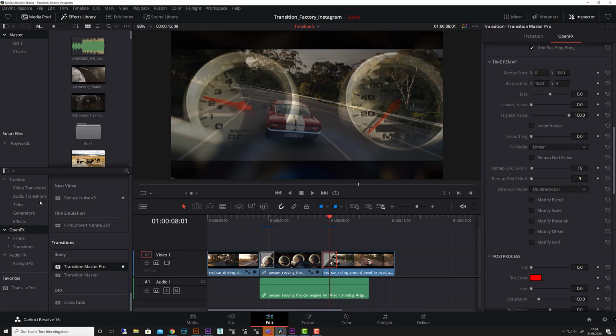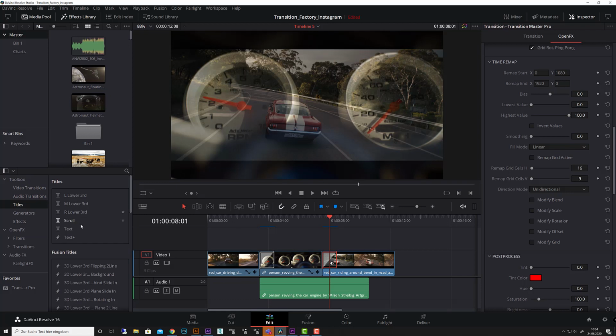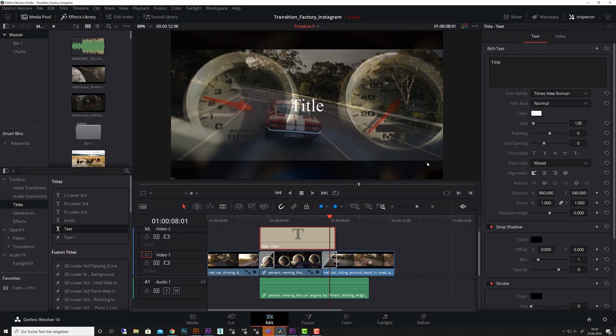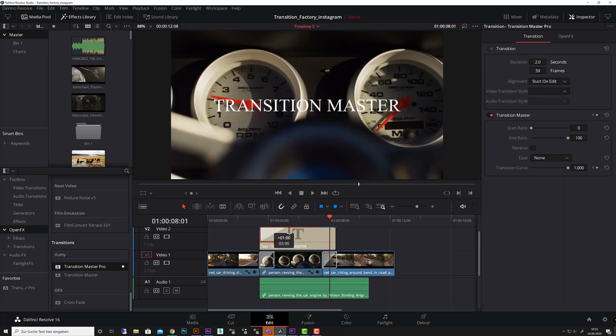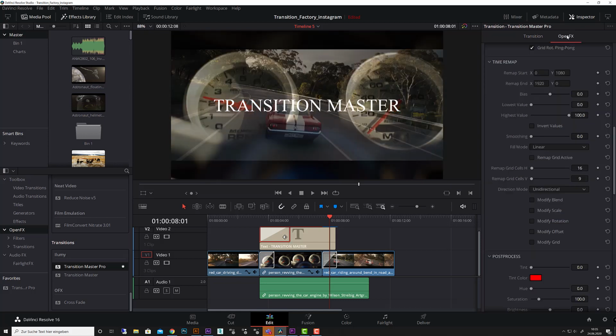Let me showcase that. Let's go to our titles and bring in a text layer in DaVinci. Let me drag that here. I click onto my text and type in TransitionMaster. Then I simply go to my OpenFX, go to my TransitionMaster Pro, drag that onto my text, give it a little more length, and choose for my presets,